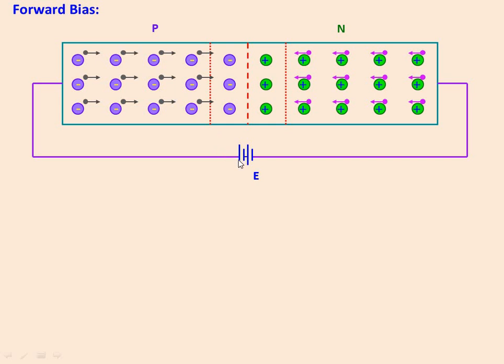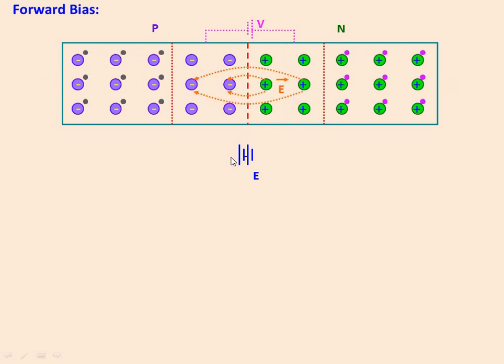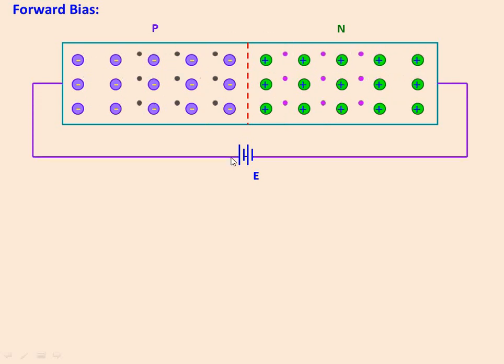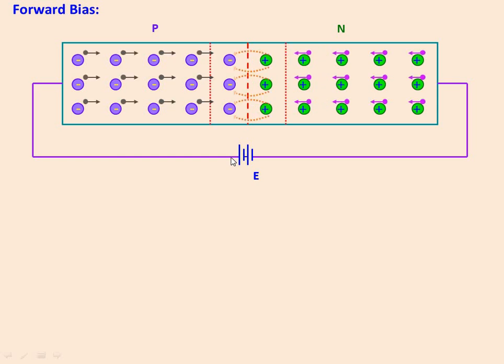As you have connected this to the positive terminal, look here, this positive charge, this is the direction, right? So already we have positive holes. What happens? There will be opposition from this side. So these holes will be pushed towards the depletion region. While the same is applicable here, the negative charge will push the electrons towards the depletion layer. Are you getting the point here? Understand this clearly so that you will understand. You can see here. Okay, right.